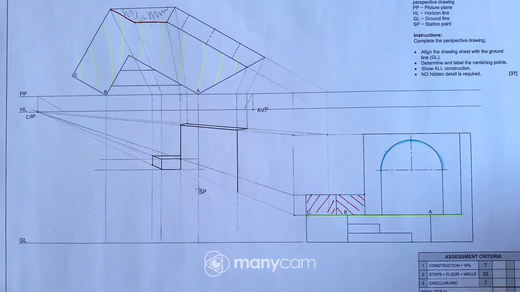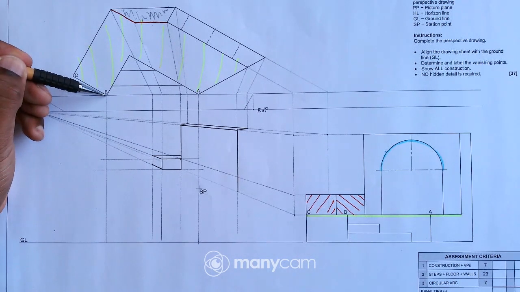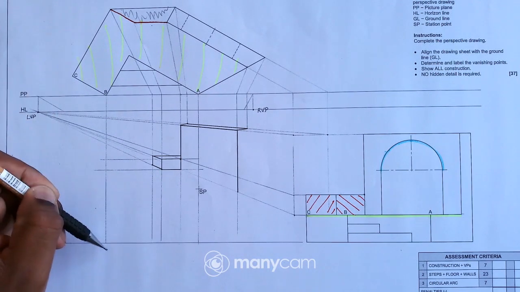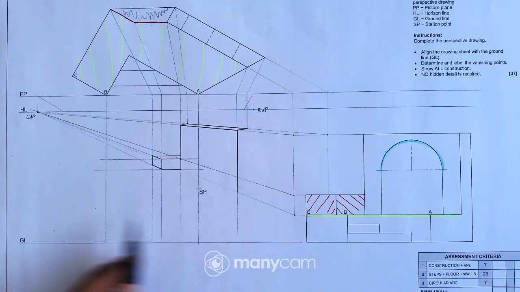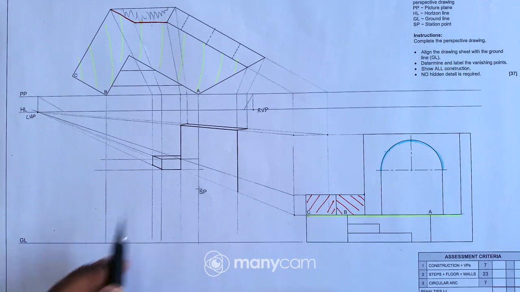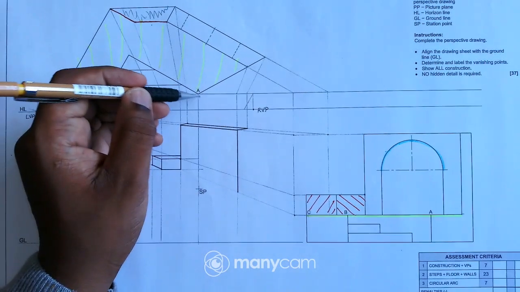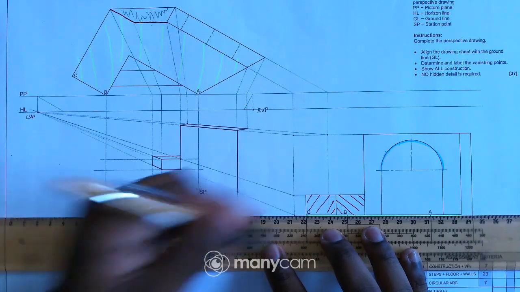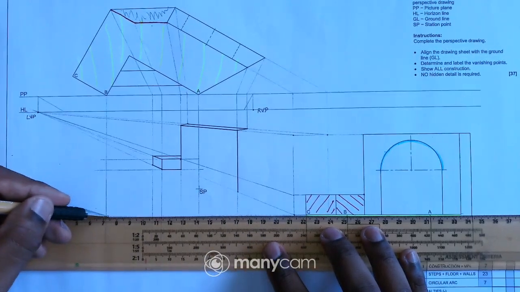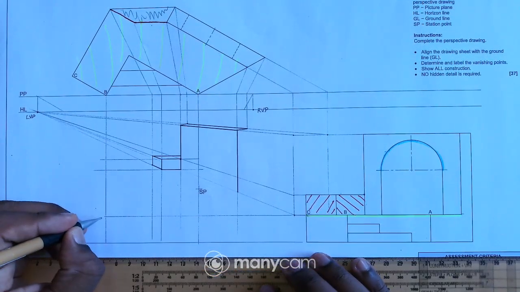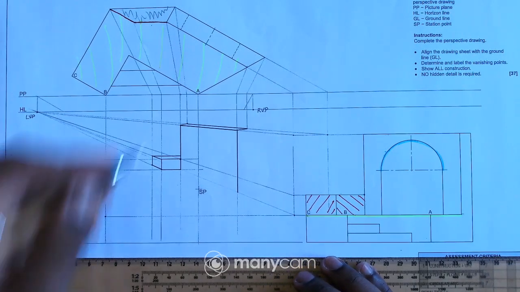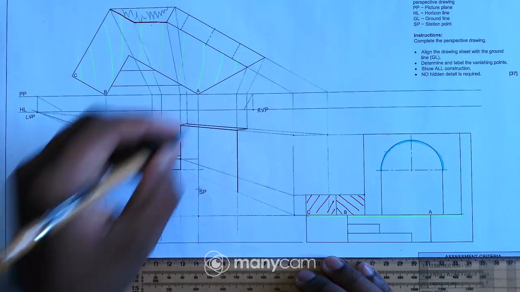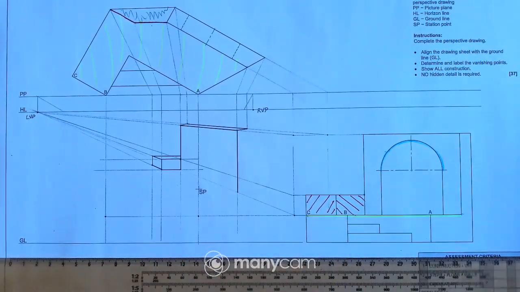Okay, so now what I can do is, because I have point B on the picture plane and I have a vertical line there, I can just extend this height to that line, and obviously point A is on the picture plane, so obviously I'll have 2 points, right? Okay, so I can just extend the height to this height line and also this height line there. So point B is right there and point A is right there.